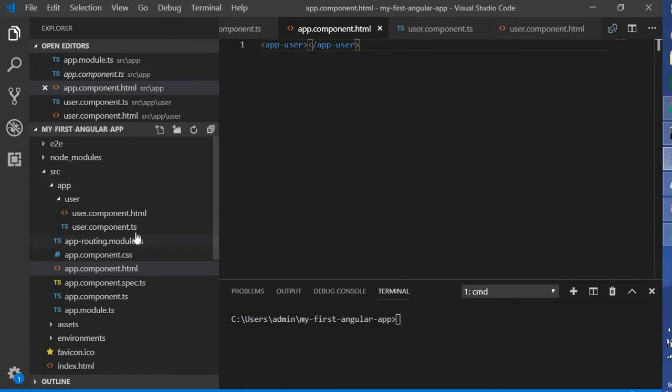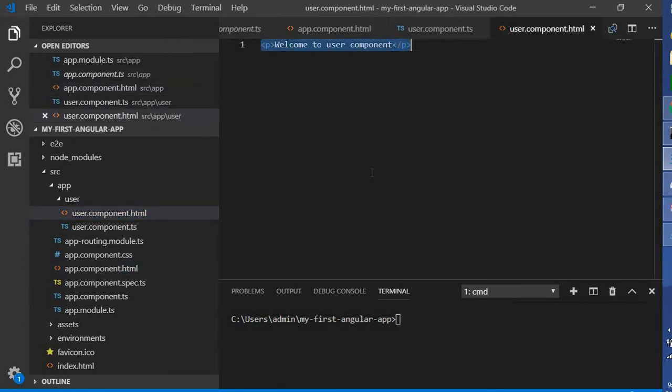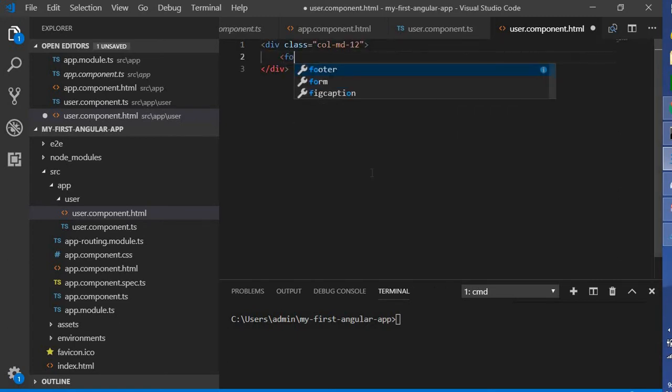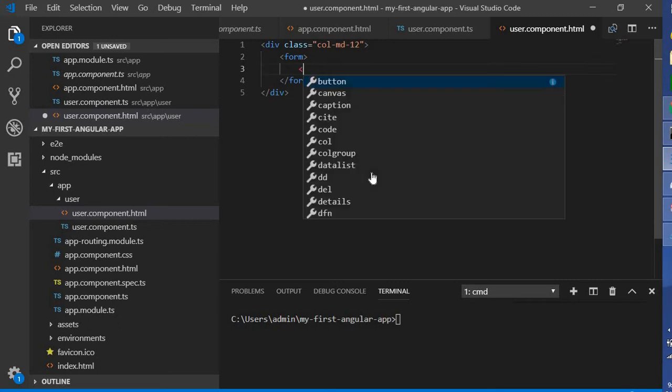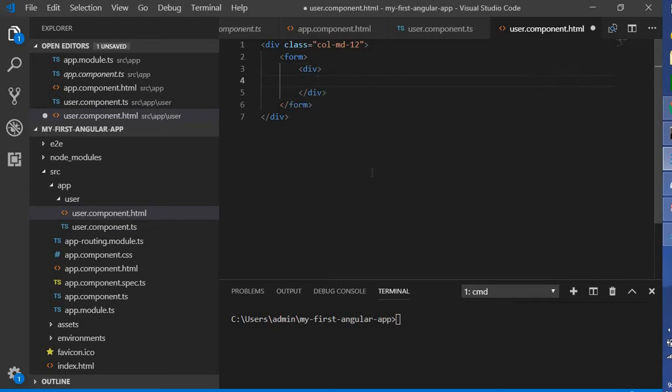Now let's go to our user.component.html and design a page. First I'm creating a div. After that I'm creating a form. After that I'm going to create a div. This div is going to contain the class form-group.